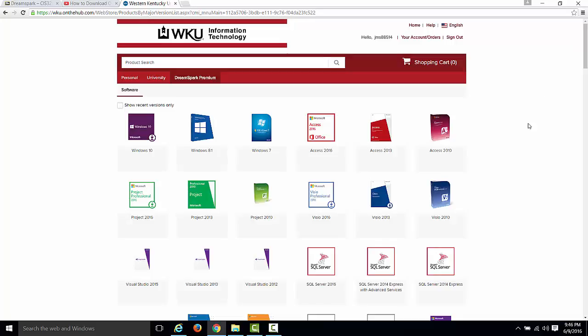I'm going to show you the process for Visio 2013. This is the one I'm going to get and use. Again, at the end of the semester, if you want to come back and get 2016, there it is right there. But I'm going to go ahead and get 2013 Visio. So I'm going to click on it,